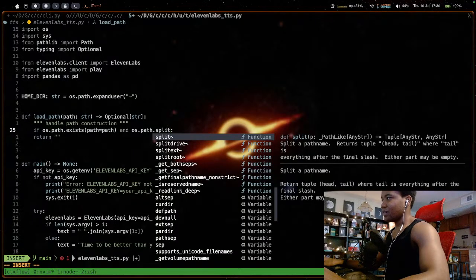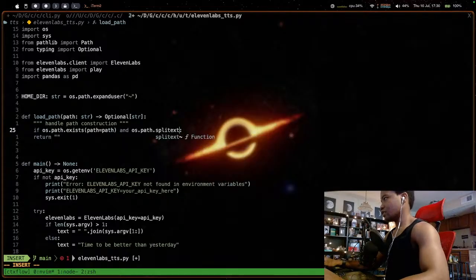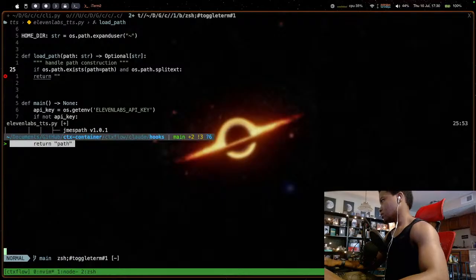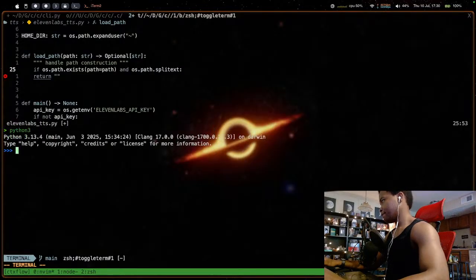If I do basename and then do split and then do split extension, I wonder if that works. Very interesting. Hold on, let me try something, because I actually have no clue how that works.